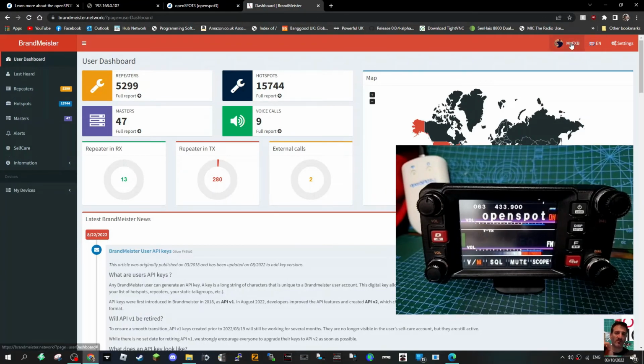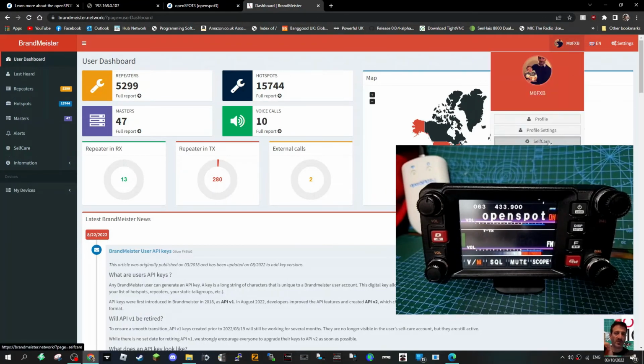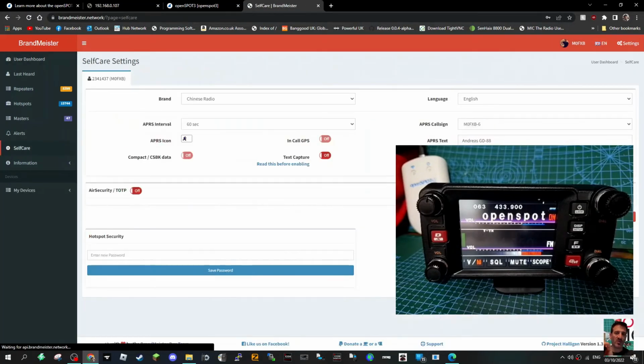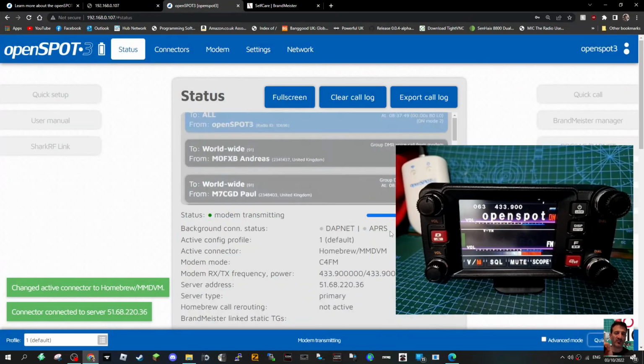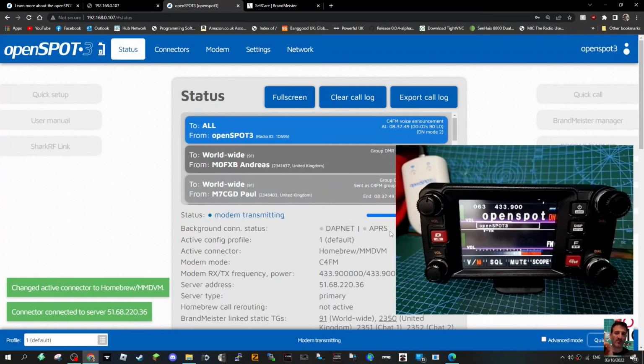So click your name, and then you've got self-care. And then see where at the bottom here it says hotspot security. Put in whatever password you want there. Keep it one that you'll remember. Click save, and then now in this section where it says server password, you will put the same password, and then it all matches. So I'm going to click connect now, and that gets us straight into